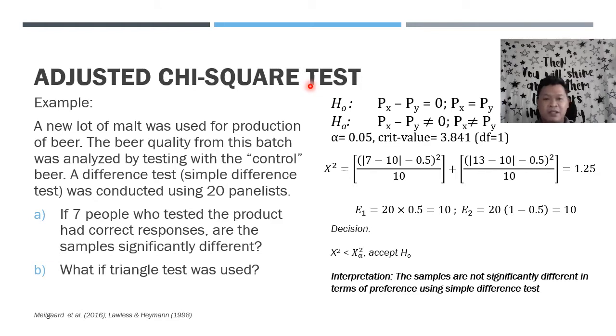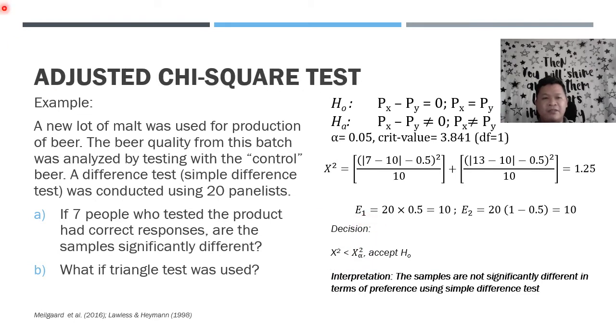So if we plug in the values, assuming that this is a simple difference test, we will get a chi-squared value of 1.25, which is lower than the critical chi-square value based on the chi-square table with degrees of freedom equal to 1. So kapag yung chi-squared value is less than the chi-squared at the certain alpha chosen,